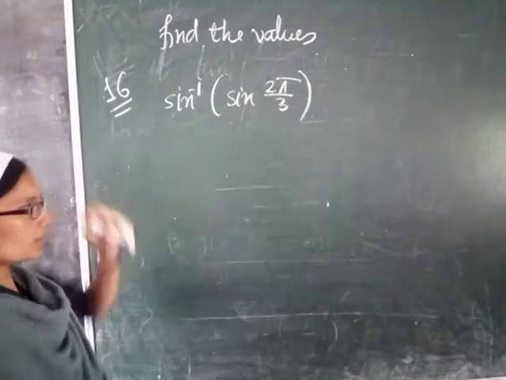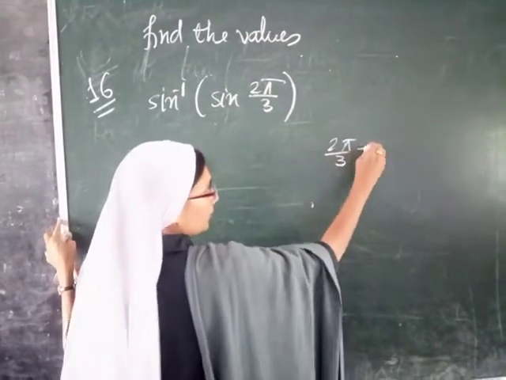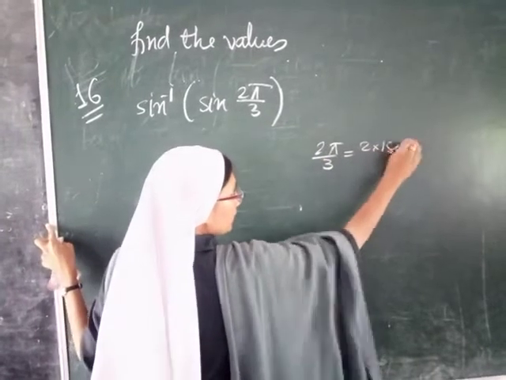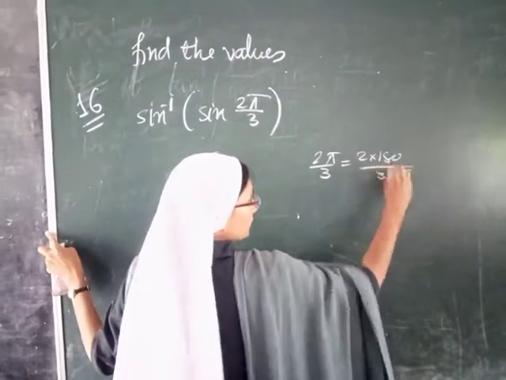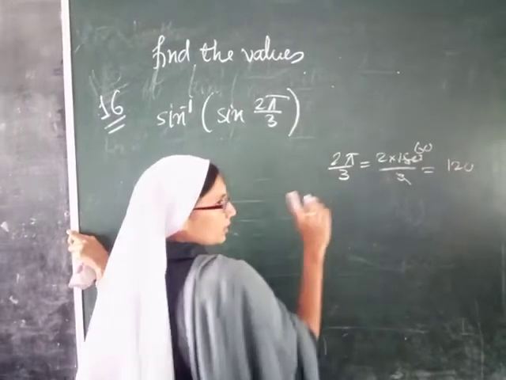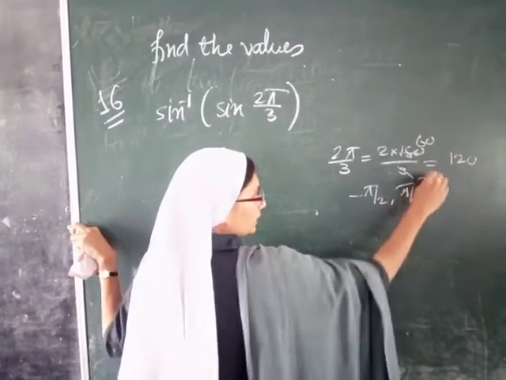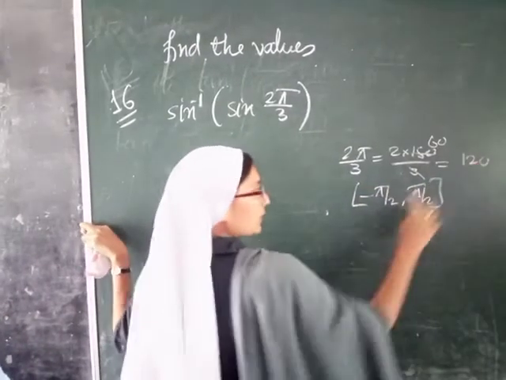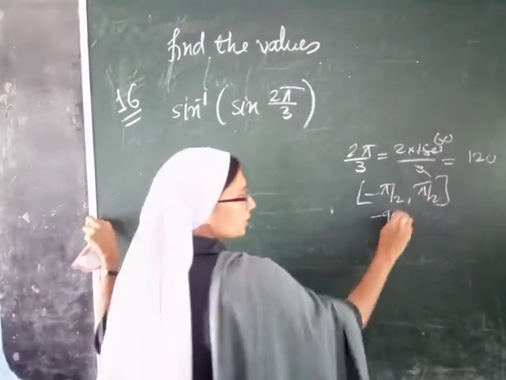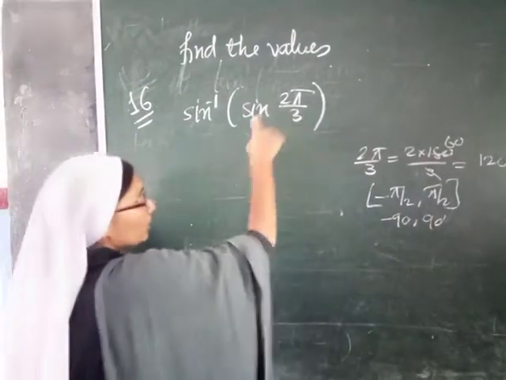Okay, the principal branch, if you want to check, you take 2π/3. So you can put π as 180. Okay, when you cut it, it will be 60. So you are getting 120. And the range of sin inverse is −π/2 to π/2. Okay, this is the range. And this 120 will never fall into this. This is −90 to 90. Okay, and this is more than 90. Therefore, this you cannot directly cut.